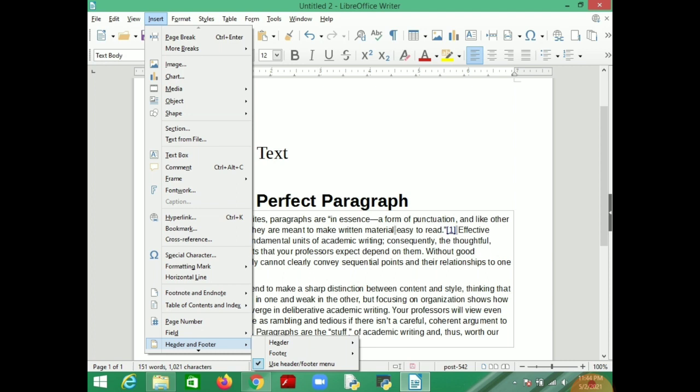Whatever you enter in the header will be shown on every page. Footer, whatever you enter there, will be shown on all pages. For example, page number, or author name. Go to Insert, then Header and Footer. Use the header footer menu, header or footer.